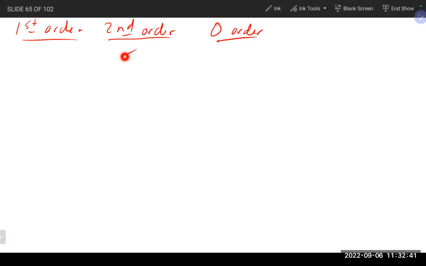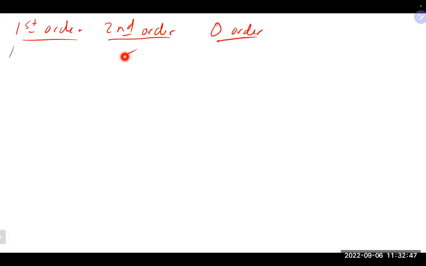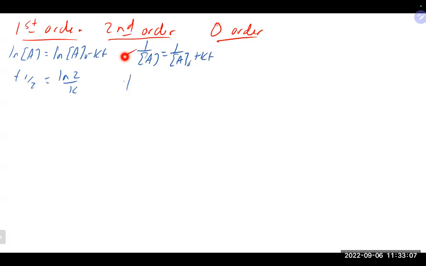Now we saw some integrated laws that go with these. We have the natural log of A is equal to the natural log of A naught minus KT, where the half-life is the natural log of 2 over K. For second order, it's 1 over A is equal to 1 over A naught plus KT, where the half-life is 1 over K times A naught. And zero order, A is equal to A naught minus KT. Half-life there,